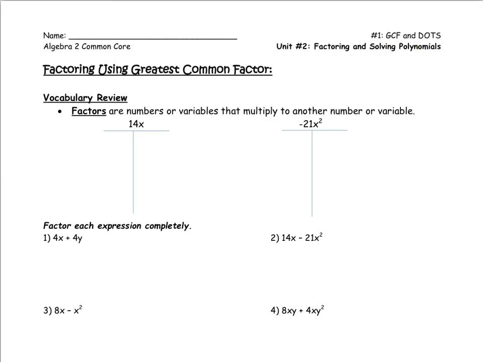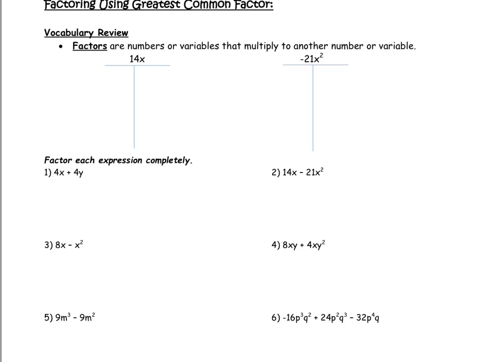Let's review first what factors are. Factors are numbers or variables that multiply to another number or variable. Okay, here are two examples. We have 14x and negative 21x squared. This is actually example number 2, and I'm going to show you how we can find the greatest common factor